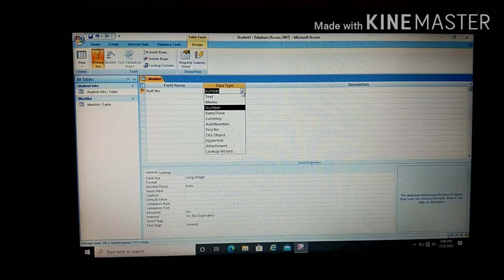Okay, now the next data type is yes/no. Yes/no means when you are expecting the input to be in only one of two forms, that is yes or no, or true or false, or 0 or 1. This can be the output, meaning there should not be any value like yes and no at the same time.